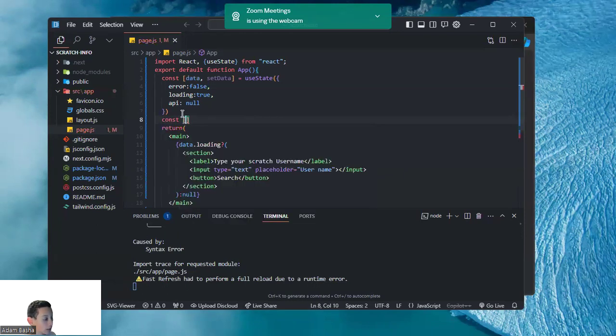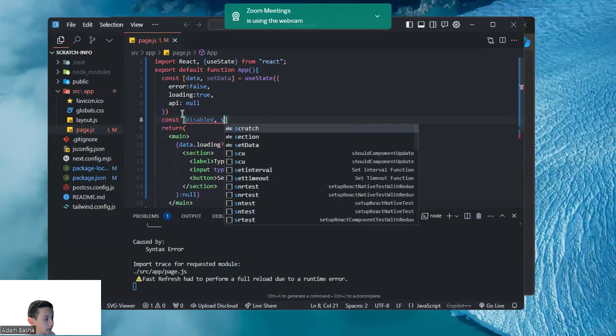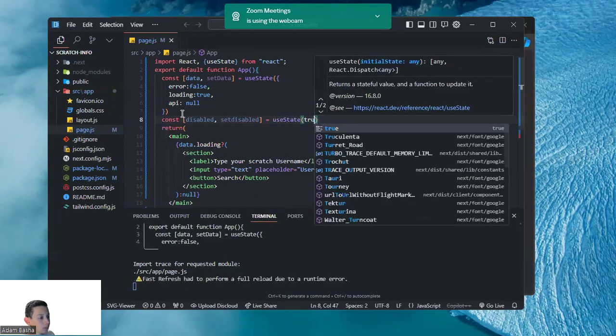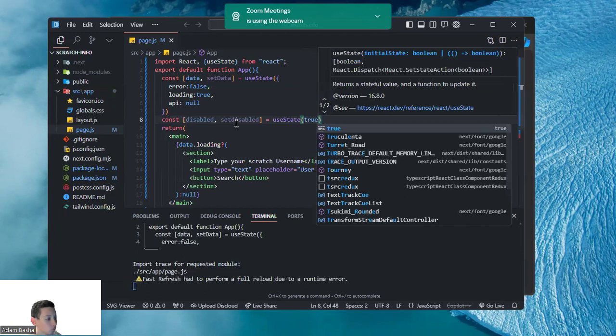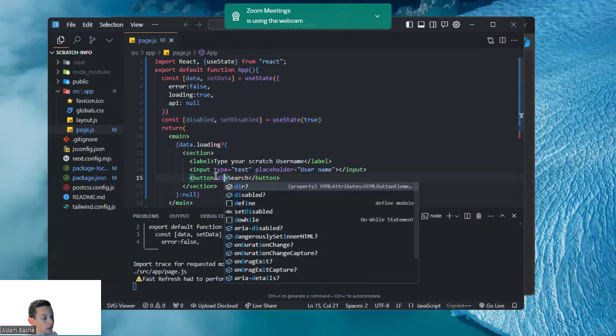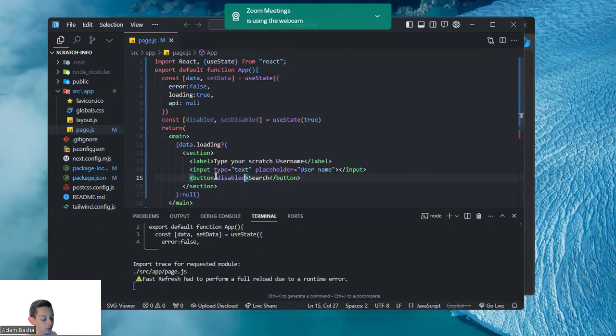So yeah, disabled, and then there would be a root case which by default will be equal to true. And I want to apply disabled and here we can add disabled. So now if disabled